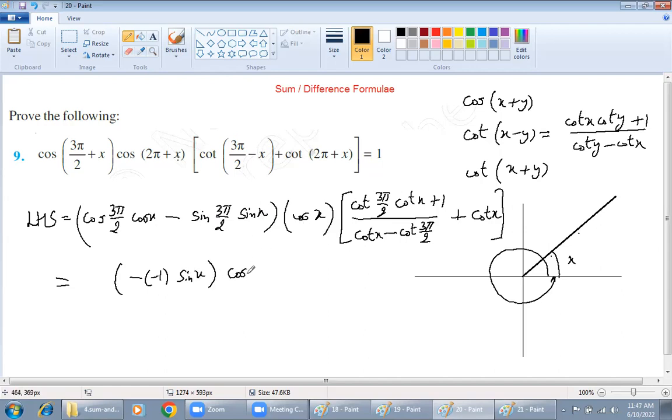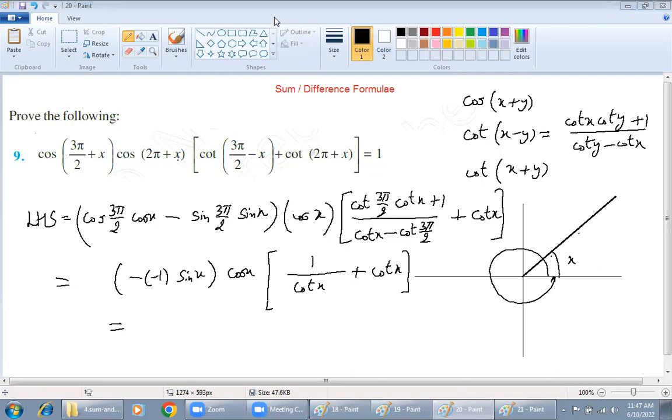into cos x into cot of 270 degree. Cot of 270 degree is 0. So 0 into anything is 0. So this is 1 upon cot x minus 0 plus this cot x. Now this is minus into minus plus, minus into minus plus, and so